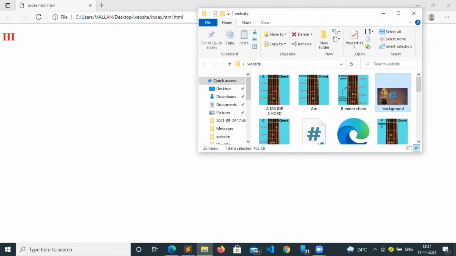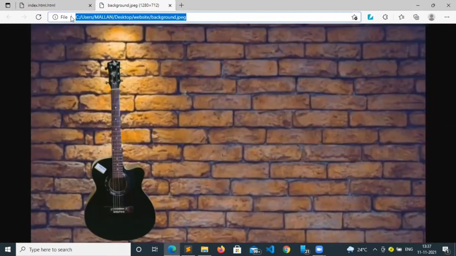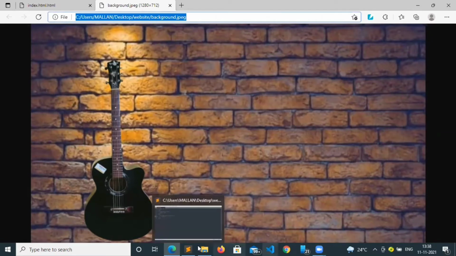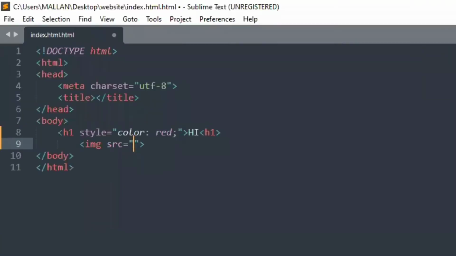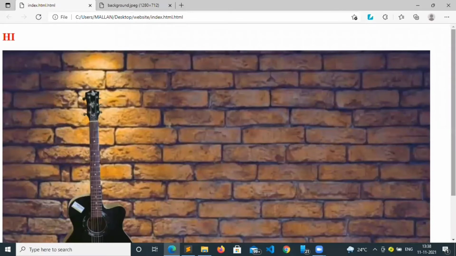To obtain the URL, we need to drag and drop the image from the file explorer to your browser. Then you need to copy the URL from the search bar. Last but not least, you need to paste the URL in between those two quotations. Now the image has come into the website.